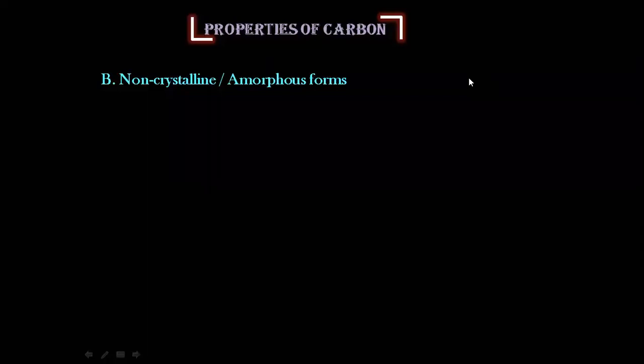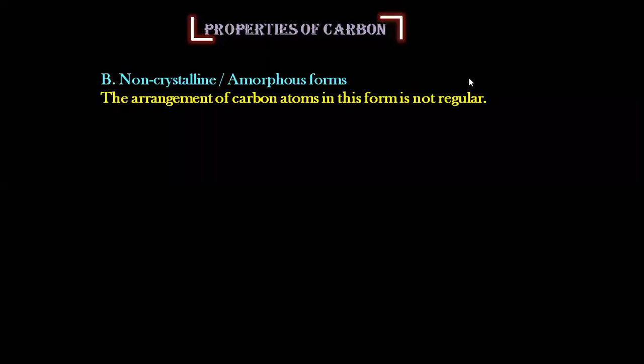That you can say is the systematic arrangement of carbon. Whereas in the non-crystalline form, there is no systematic formation of the carbon atoms, and they do not have a definite shape like diamond, graphite, and fullerenes. Have you all revised the structure, properties, and uses of diamond, graphite, and fullerenes? Did you all do that? Very good. So today quickly we'll move ahead with the non-crystalline form, that is the amorphous form. To begin with the definition, the arrangement of carbon atoms in this form is not regular.